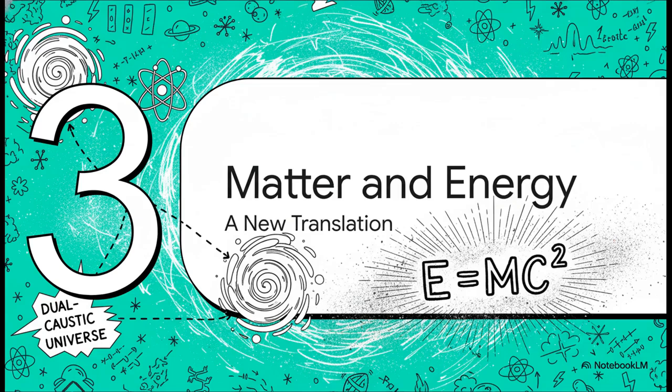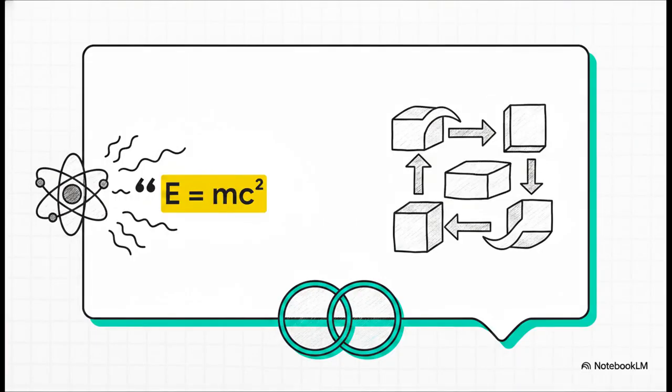All right, Section 3, redefining matter and energy. Let's see how this builds into our first massive translation. We're going to take the most famous equation in history and read it through our brand new DCU lens. E equals mc squared. Now, this equation actually screams DCU truth. Normally, we think of it as just a conversion formula, right? But the DCU tells us that matter and energy aren't actually separate substances at all. No, they're simply different registrations of the exact same underlying reality.